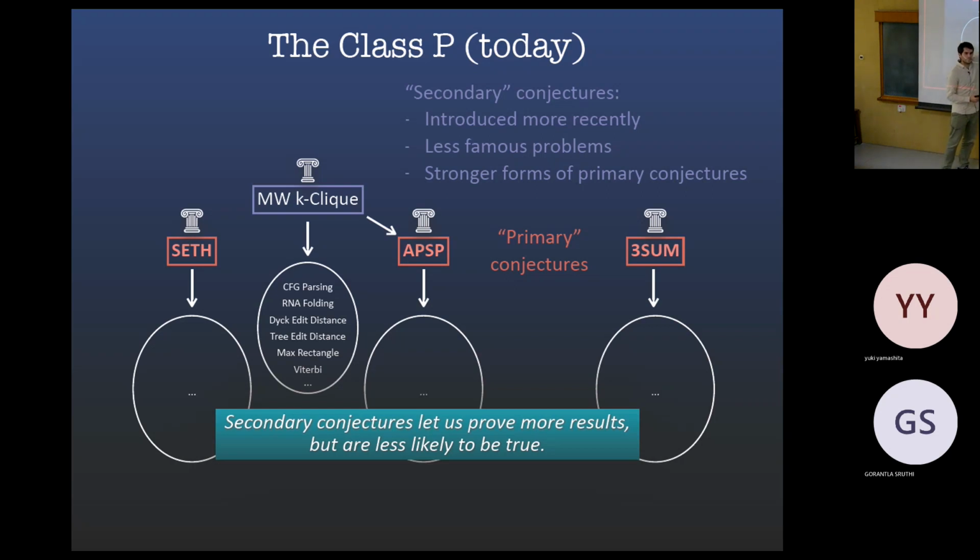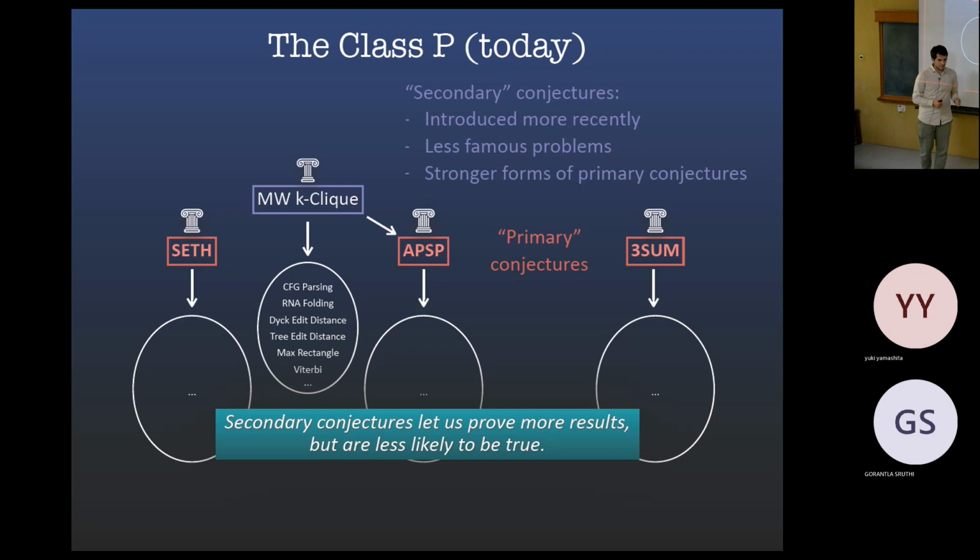These are very interesting, fundamental problems that we could not put in any of these classes. But when we had a new conjecture, we could put them. And these are stronger conjectures in the sense that usually what they do is they take a hard problem and say that it's still hard if you introduce some structure. In this particular example, it's not so clear, but this is the minimum weight K-clique problem. You want to find a K-clique with minimum weight. You can reduce this to the 3-clique case, which is equivalent to APSP. So it is a stronger version.